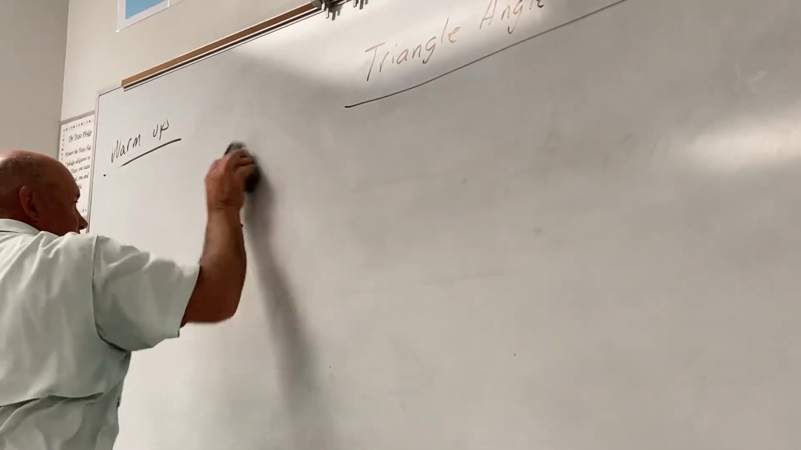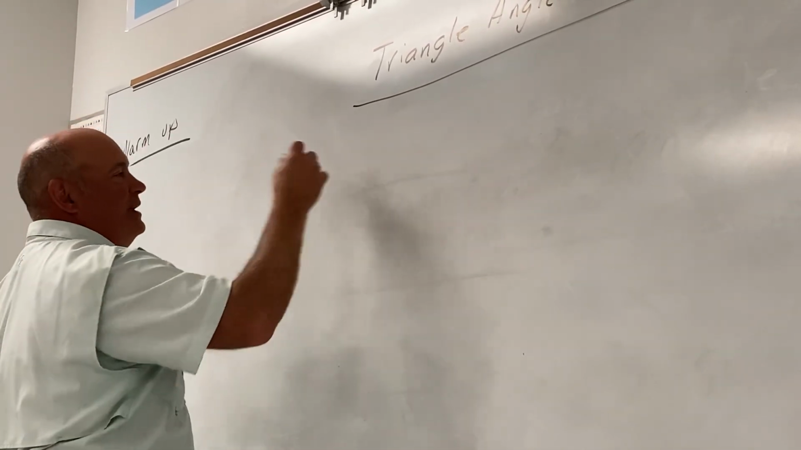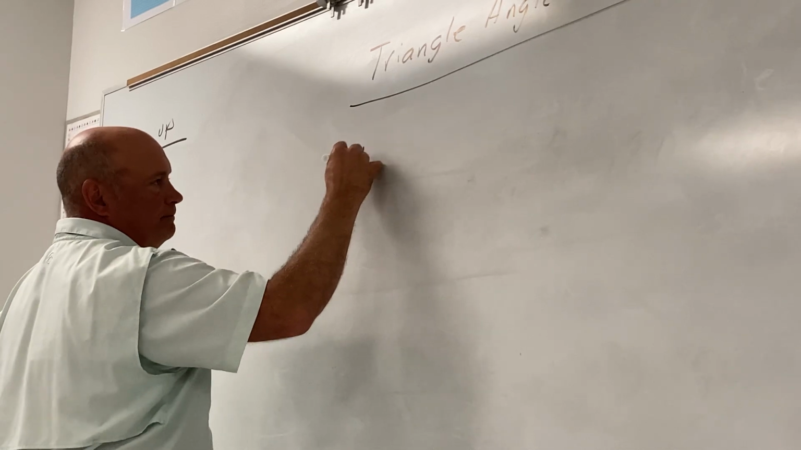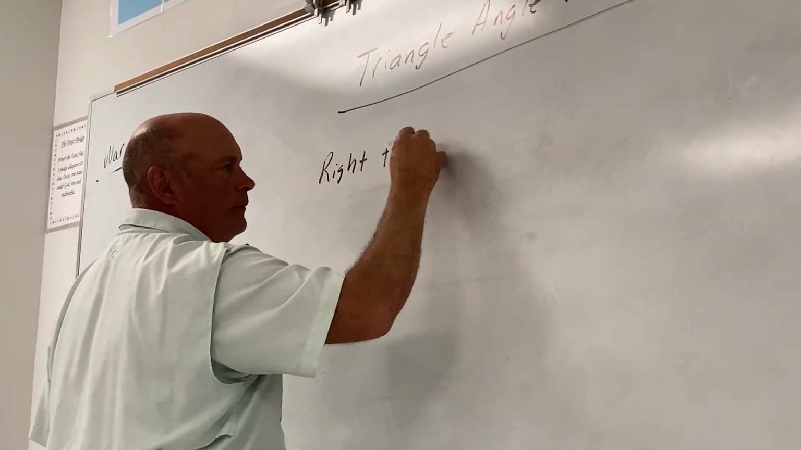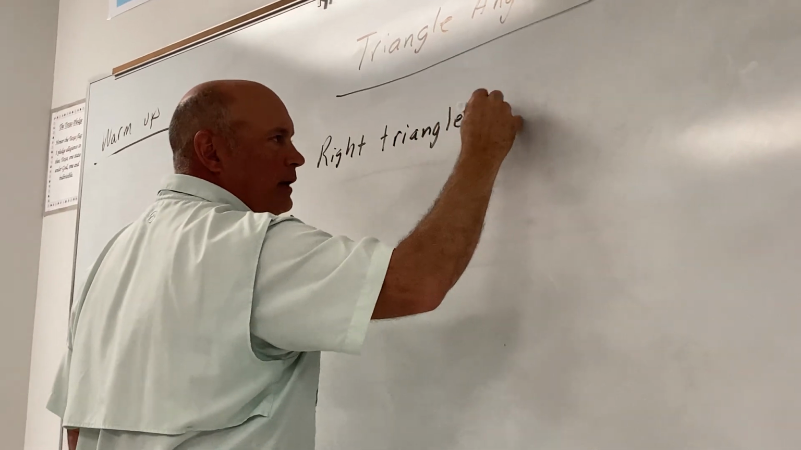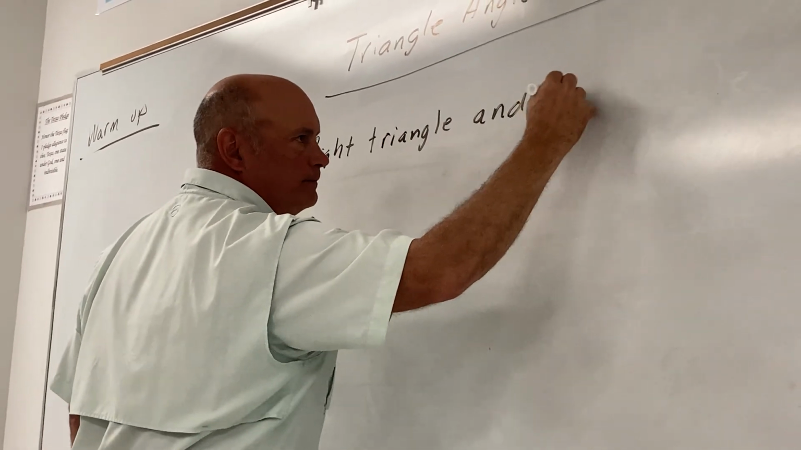What if they give me a right triangle? And the acute angle